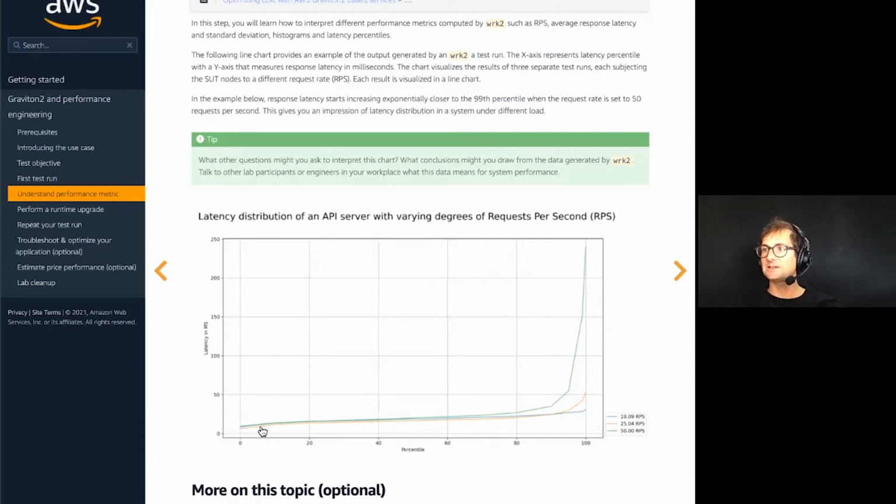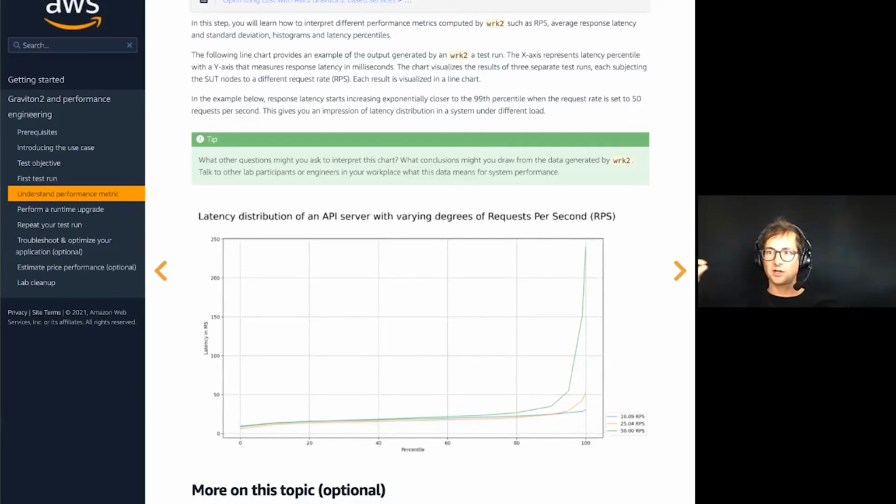What we can see is the latency percentile at different RPS rates. And so we have a really clear view of what's happening with our application when we apply different levels of load. So if you're, for example, switching from one architecture to another and want to see how it reacts under a low level of load,